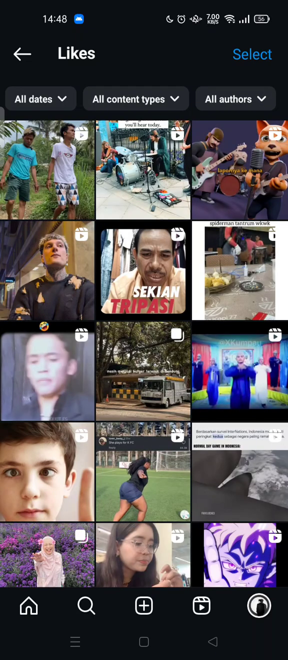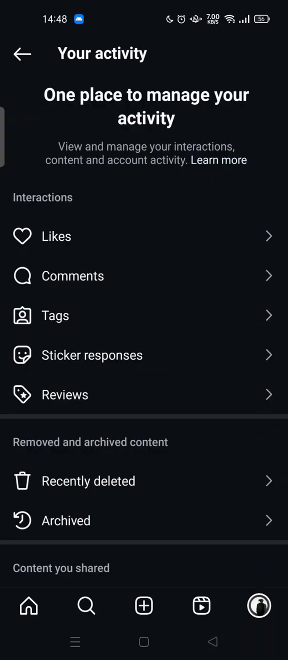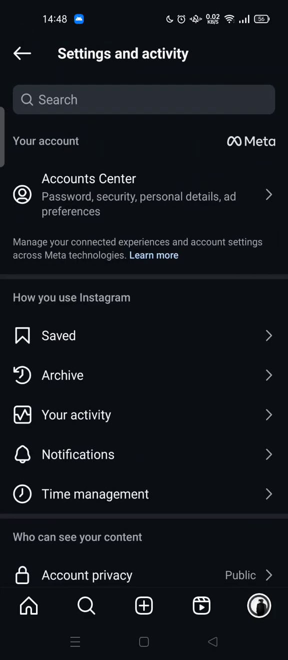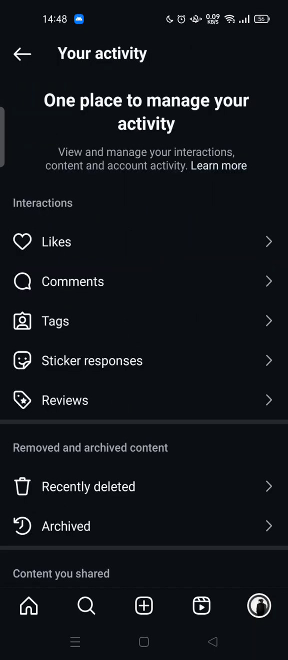So again, let's start again. In order to unlike all reels on your Instagram, you can go to the settings by tapping the three stripes at your profile. Then here you will directly go to the settings and activity page. Now you can tap your activity option and tap on likes